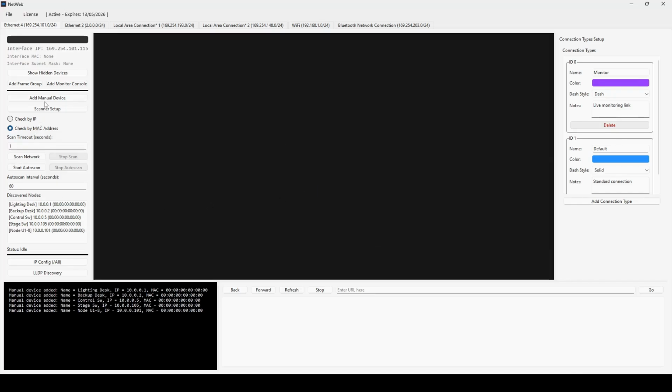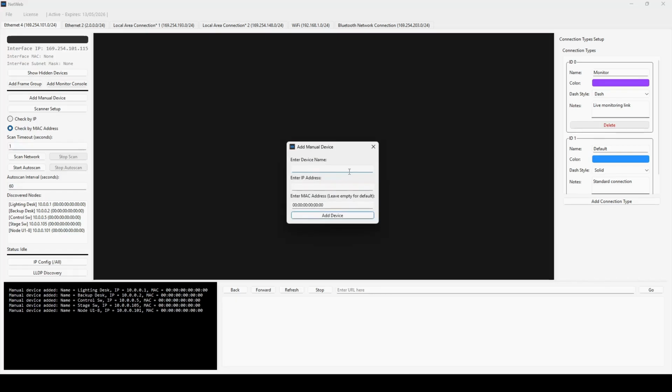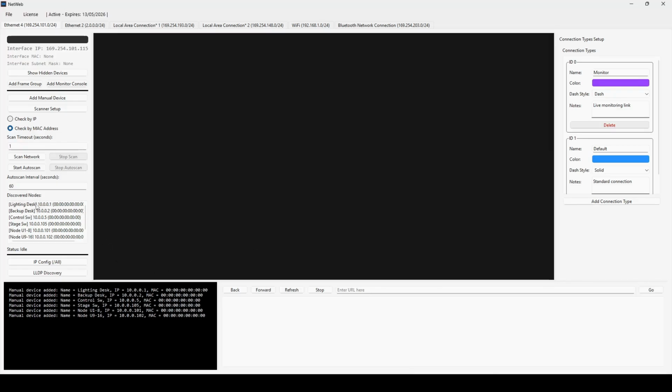I will add another device named node universes 9 to 16, and this will be 10.0.0.102. Great, now I have 6 devices here, so I can simulate my network, my basic design, and